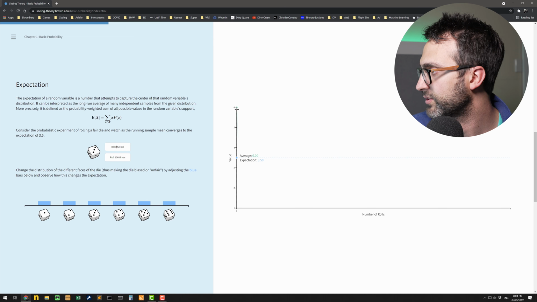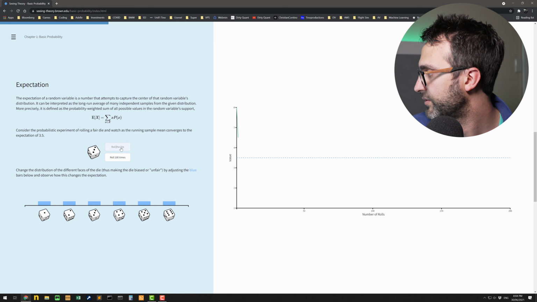What is essentially the expected value for that? So if I multiply 1 by 1/6, 2 by 1/6, and so on and so forth, obviously the expectation's 3.5. There's no 3.5 on the dice. They're obviously all integers, right? But that's still the expected value. If I roll the dice once, what value do I get? I had a 6. Expectation's 3.5, and then if I just keep rolling, I'm going to roll it 100 times.